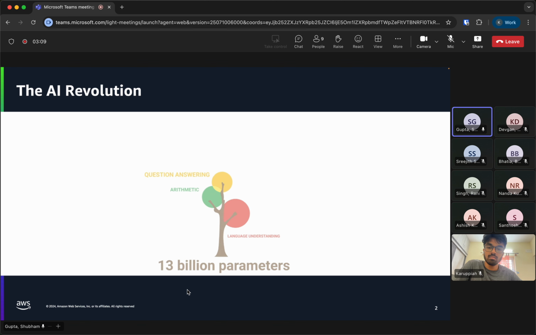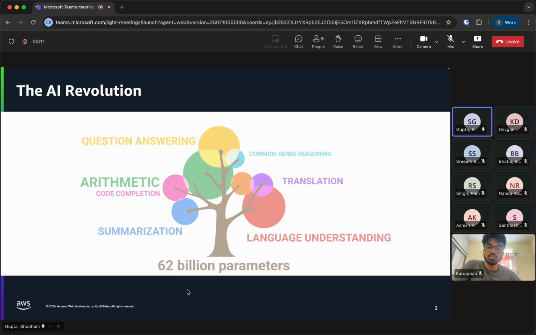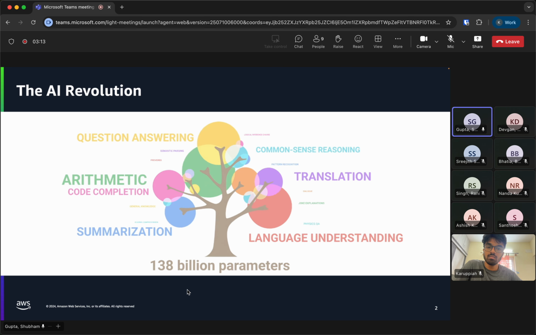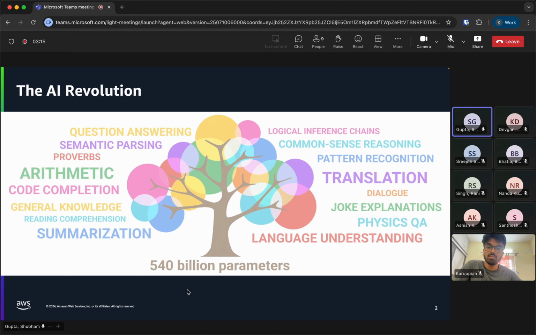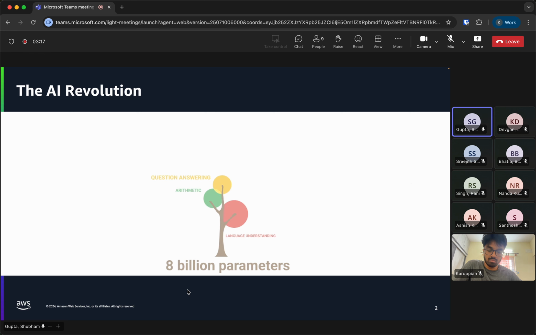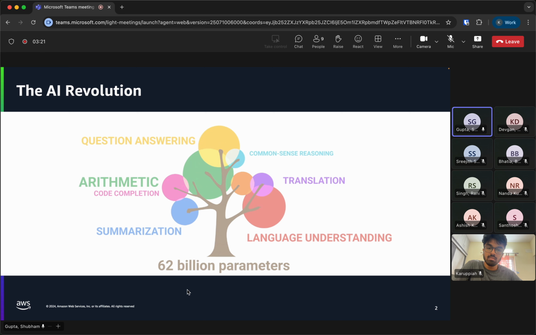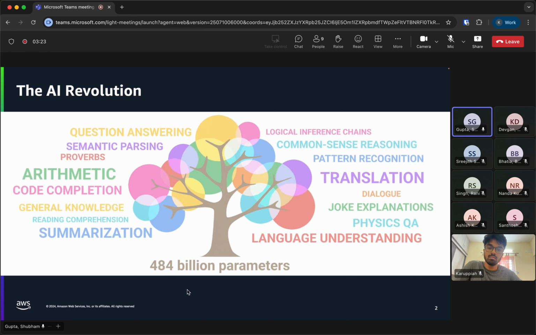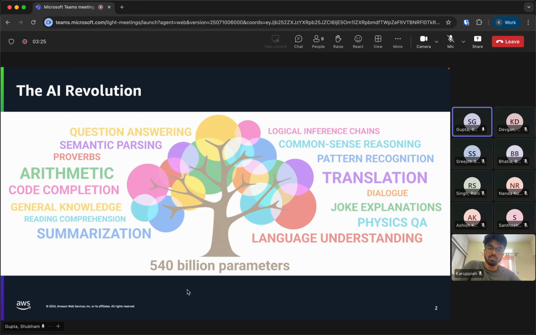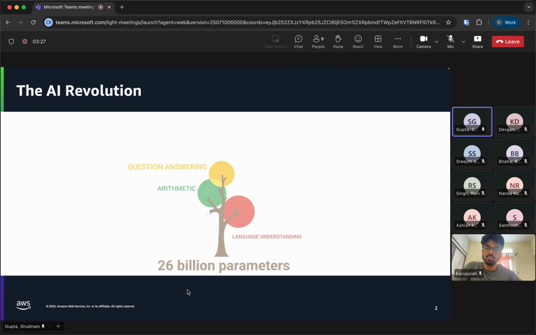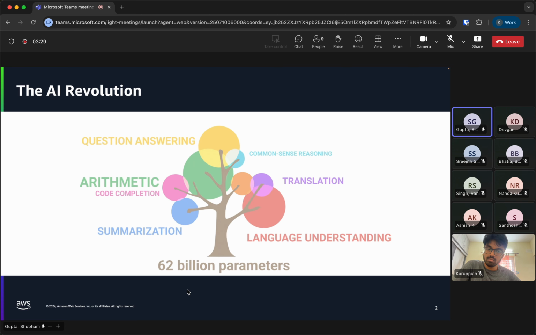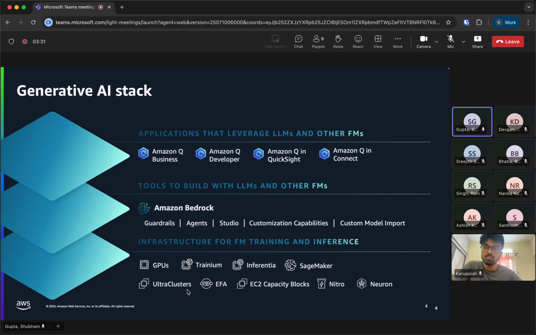With that, the reasoning capabilities, the capabilities in which it can solve complex tasks, mathematical computations, all these use cases are also being supported. So that's a quick primer on how GenAI capabilities are changing or increasing over time.